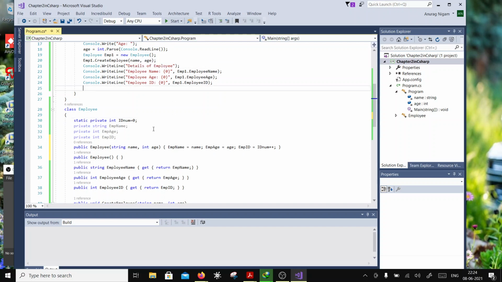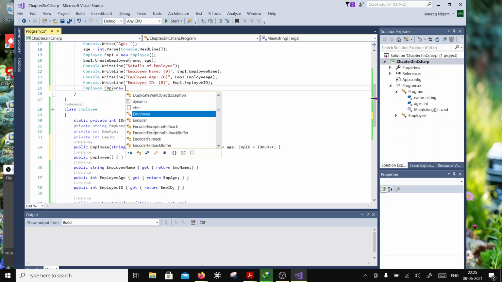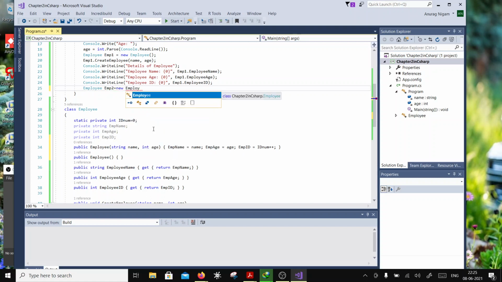Now let's do another thing. I can say Employee emp2 equal to new Employee. Okay, so now I have got choices. It says 1, an empty constructor. 2, you can provide a name here. So I can call Suresh, and I can say his age is 30. So I have created